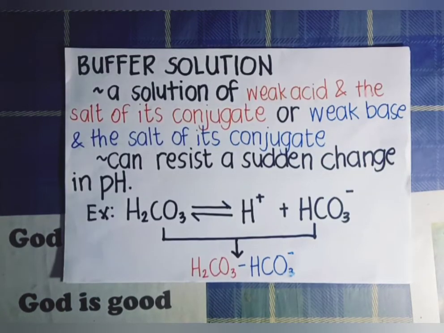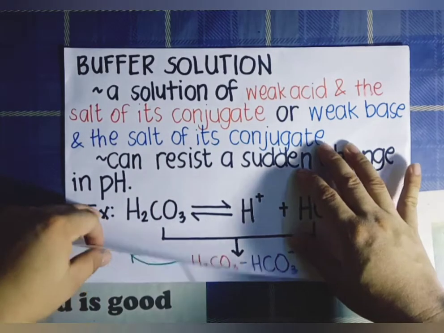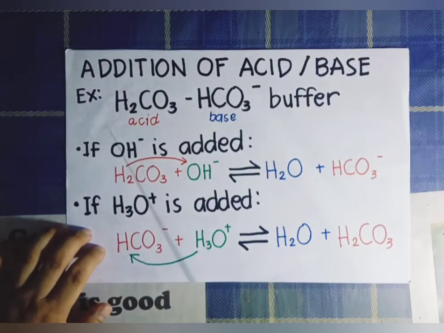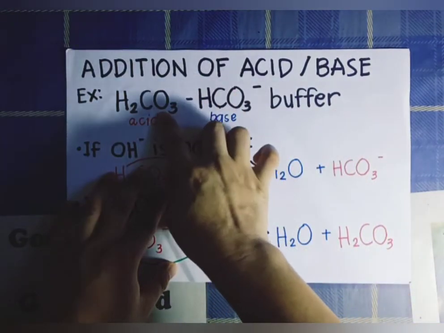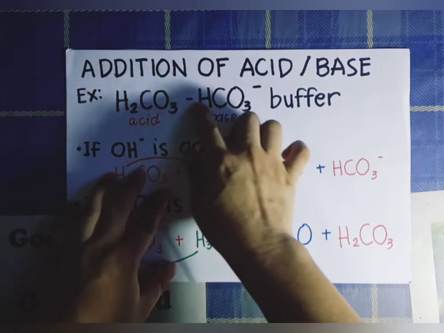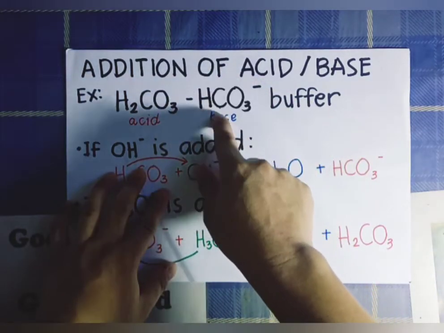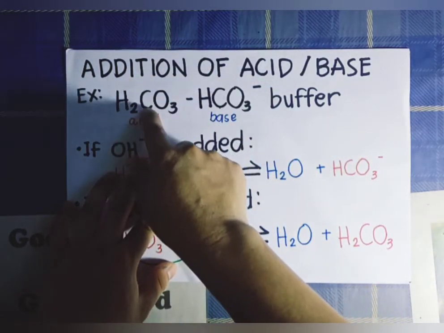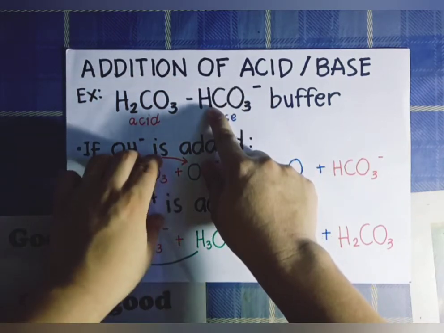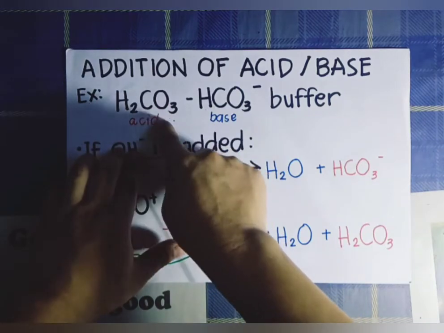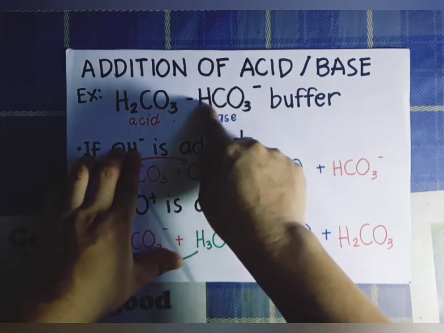Now again, one of the most important characteristics of a buffer solution is that it can resist a sudden change in pH. But how does a buffer solution do that? Let's give an example. Let's say we have a buffer solution made of carbonic acid and a salt of its conjugate, sodium bicarbonate. By the way, the conjugate of carbonic acid is bicarbonate, so any salt with bicarbonate will do. In this case, our acid is carbonic acid and our base is the salt of its conjugate,